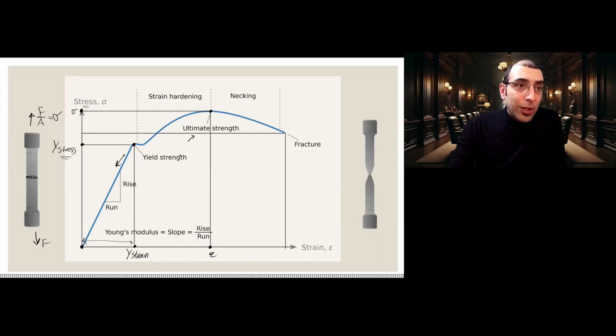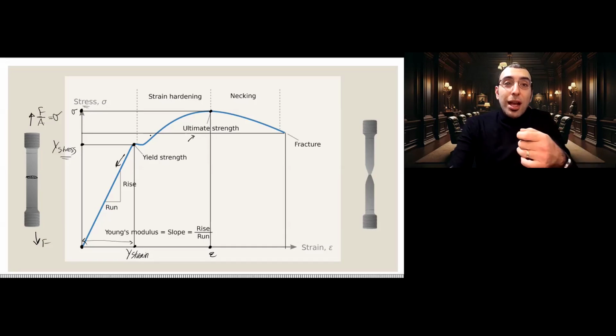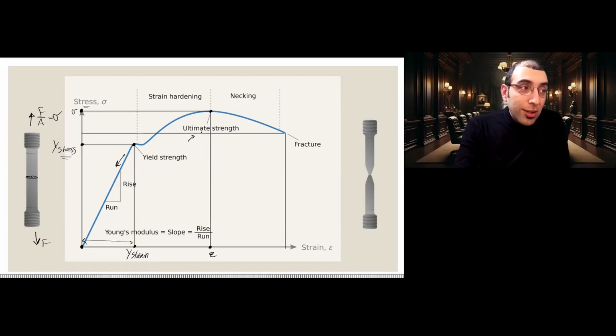of your material. It shows that when you enter the plastic deformation and you pull even more, your material's stress is an indication of the strength of your material, right? It shows that the strength of your material is increasing up to the maximum point, which is the ultimate strength. So in other words, after beginning the plastic deformation, your material is starting to become stronger and stronger as you apply more and more deformation, up to a certain point that we call ultimate strength. After that,